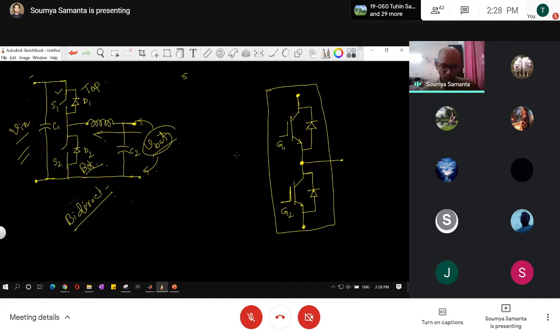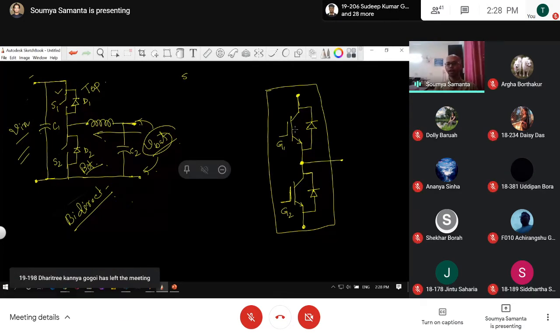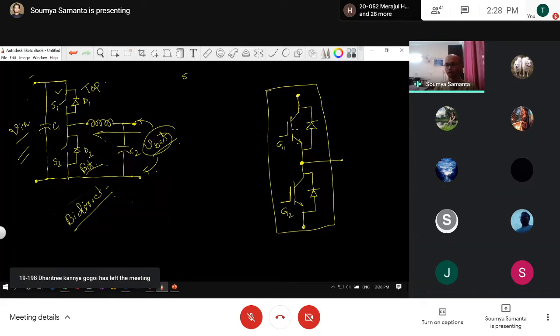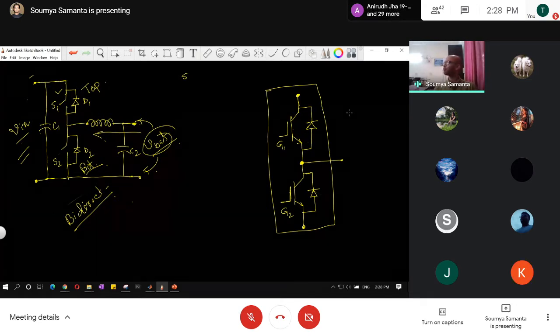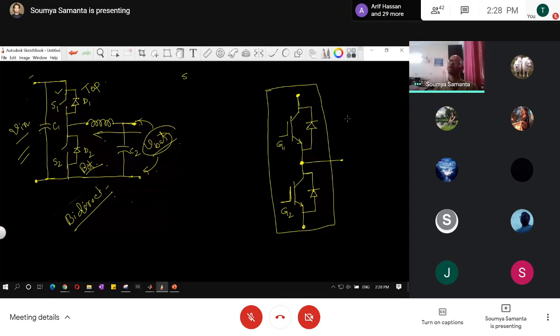Okay. Now the important part in power electronic converters is the controlling. The IGBT switches have the flexibility to turn on and turn off very, very quickly. That is the main drawback of our mechanical switch. In households, we use what is called a mechanical switch, which we turn on and off mechanically. The frequency of operation, that means the speed at which we can turn a mechanical switch on and off, is maybe once or twice in one second.